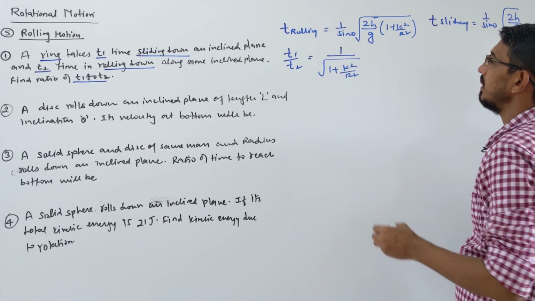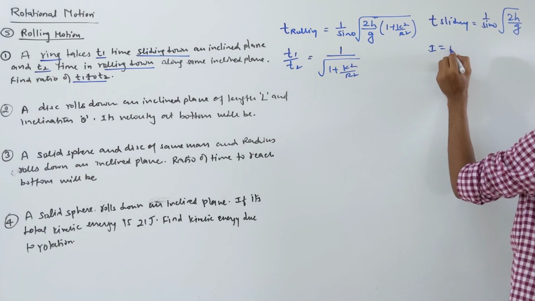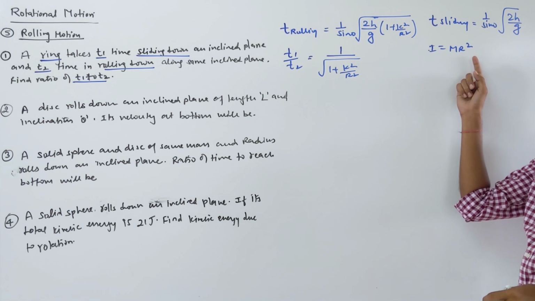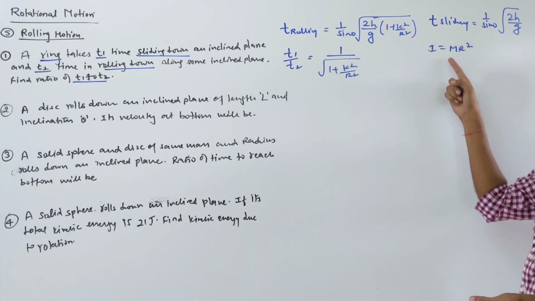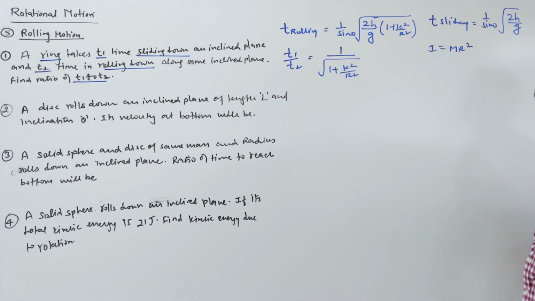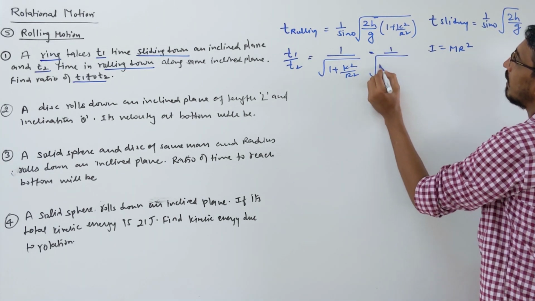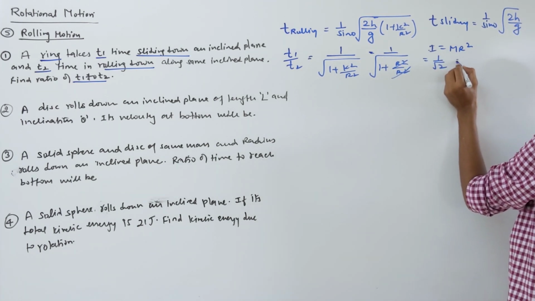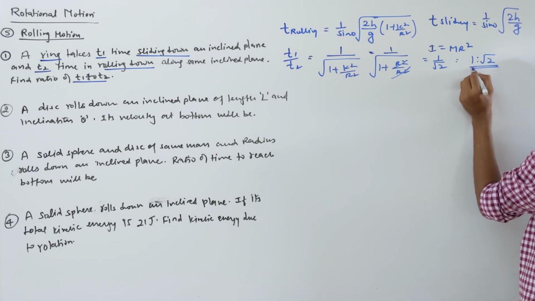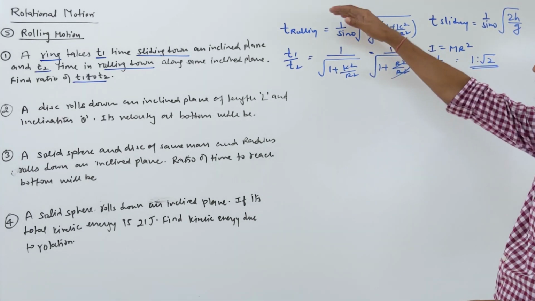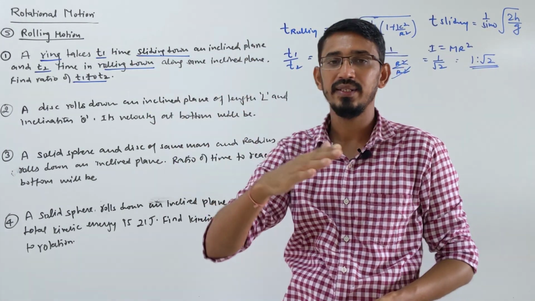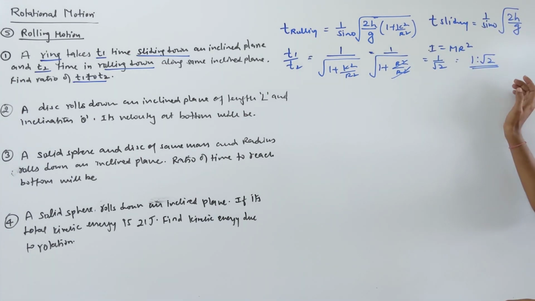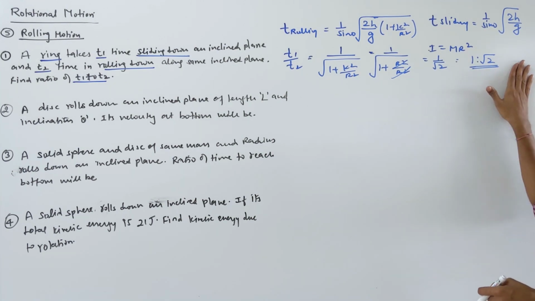Now the ring is given. Ring inertia is m r square, because you have to put the k value. So k square simply becomes r square. I told you if you want k square, that's easier: in the inertia formula, leaving the mass, whatever remains is called k square. So 1 upon root of 1 plus r square by r square becomes 1 by root 2. So the ratio is 1 to root 2. We have already discussed that the time for sliding is less. 1 and root 2 means 1.4, so the time in case of rolling is more. That's your answer.